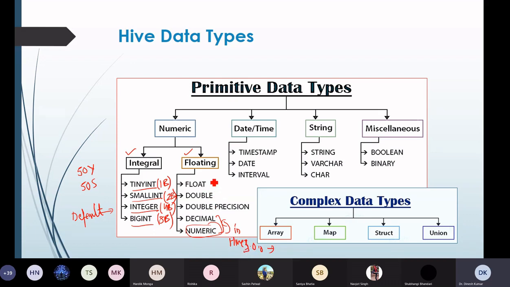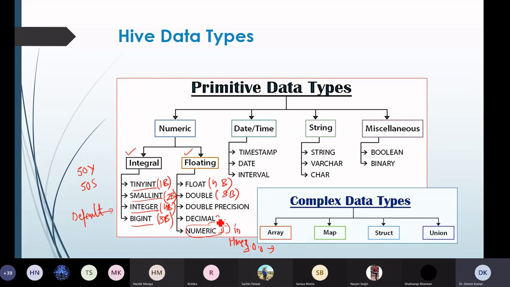So here float takes 4 bytes, single precision floating point number, and double takes 8 bytes, double precision floating point numbers. We have double precision also, which was available from Hive 2.2.0 onwards. Fine. It is an alias of this double.